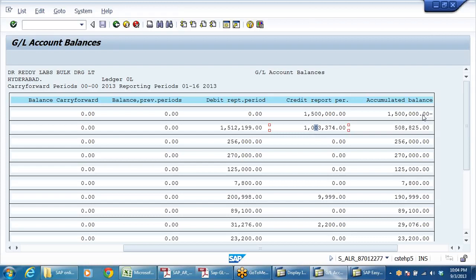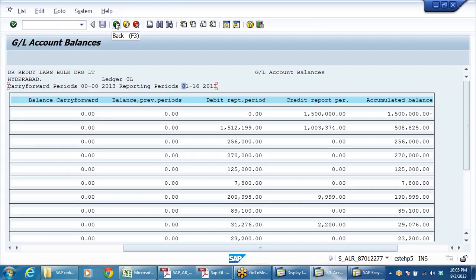Why is the period given up to 16? Yeah, it takes all the periods, 12 plus 4 to 16. Whenever we take a trial balance, we take only for 12 months, right? You can take that. See, why 12 months is given is because even in the special periods, he'll be posting accounting entries. So that's why. But the value date of the entries will be in this period, no?